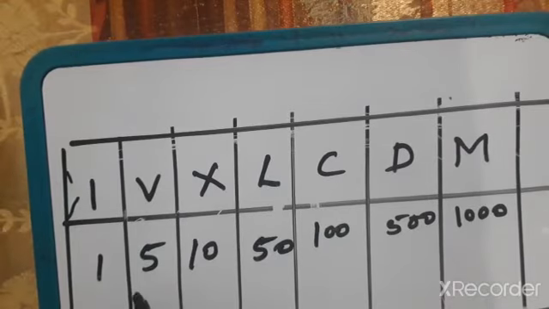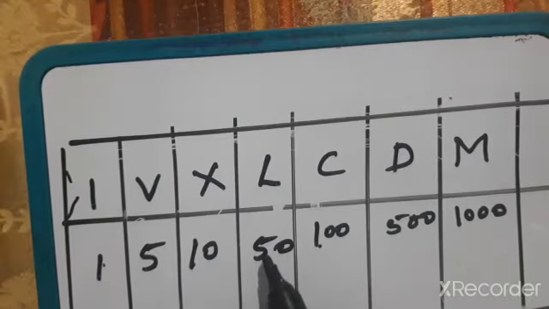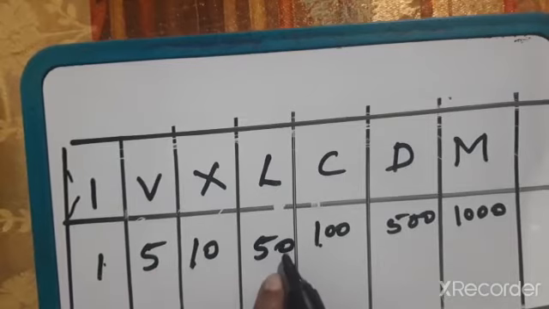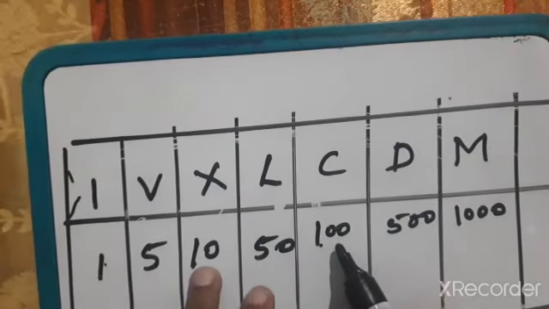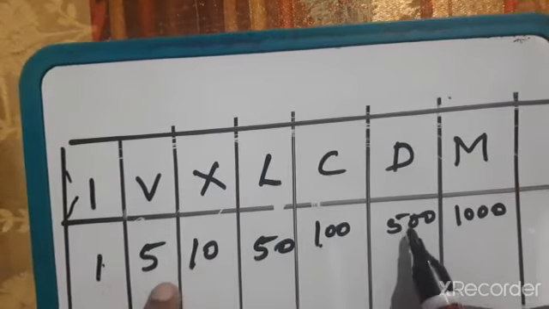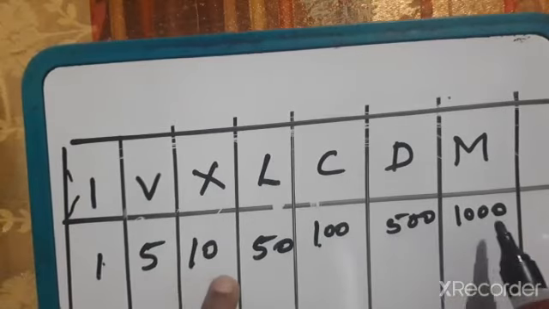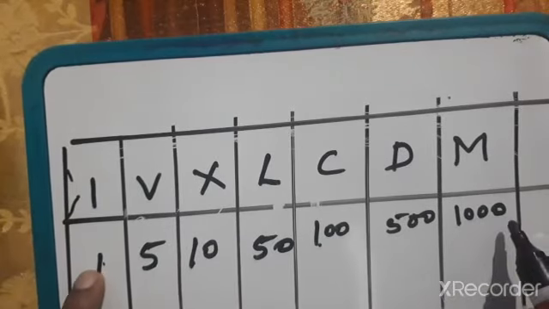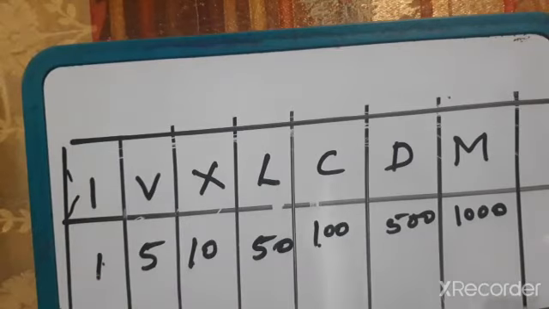So one more thing you can observe here, children. Here 1 5, first number is 1, second number is 5, again 1 5, 1 5, 1 5, like that. Here no 0, here also no 0. Then again 1 is repeating with one 0, 5 is repeating with one 0, again 1 is repeating with 2 zeros, again 5 with 2 zeros, again 1 is repeating with 3 zeros. 1 and 5 are repeating in each case.